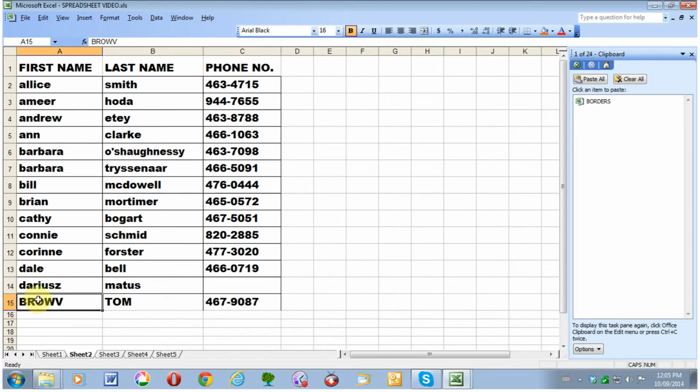I typed a V instead of an N, so you can't change it in line number 15. If you want to change that, you have to go up to the top where it says Brown up here. That's the only place. Then you can backspace out the V and put an N instead,